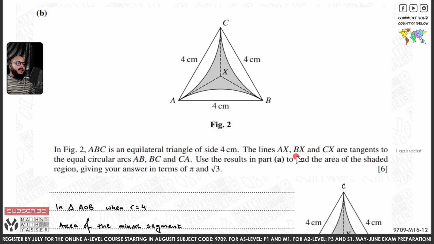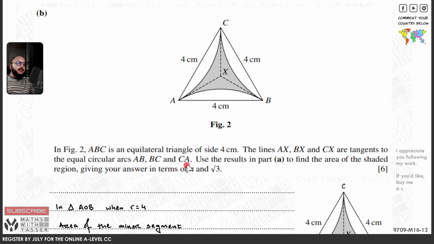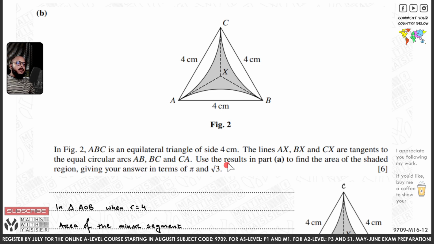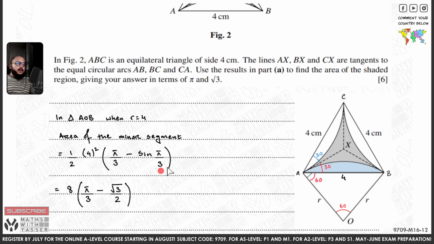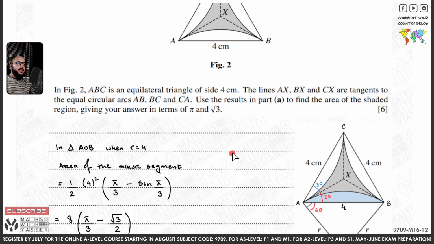The lines AX, BX, and CX are tangents to the equal circular arcs AB, BC, and CA. Use the results in part A to find the area of the shaded region, giving your answer in terms of pi and root 3. So in order to solve this, to give you a better idea, what I did is,